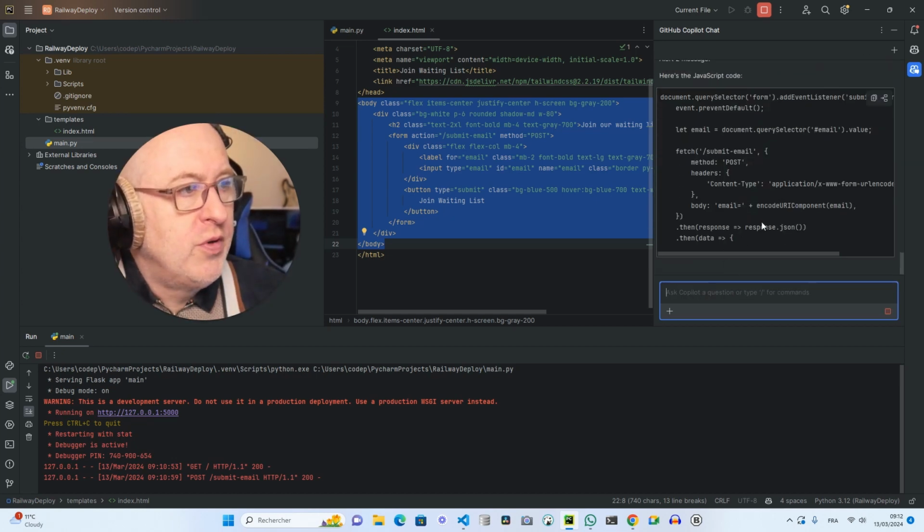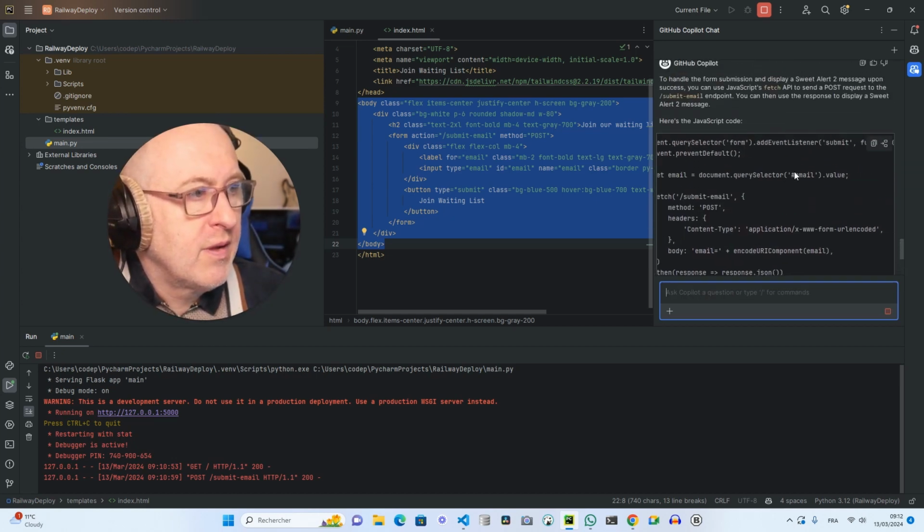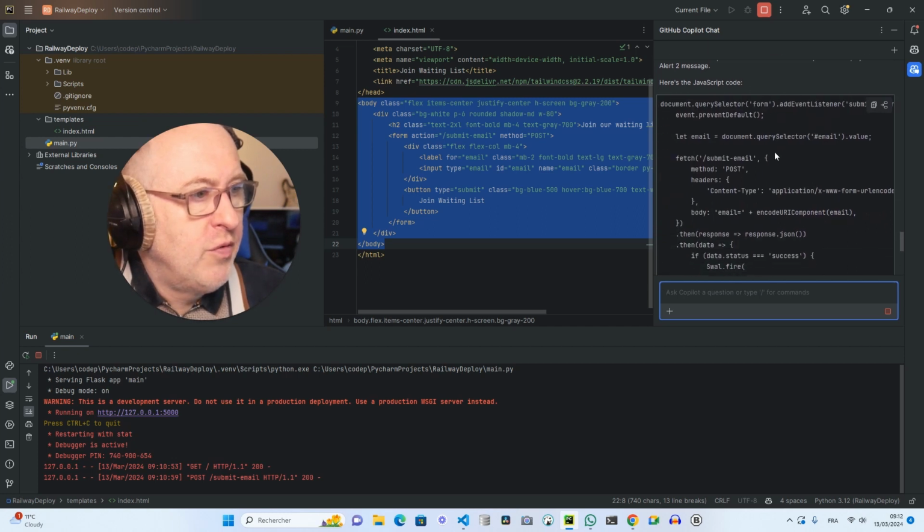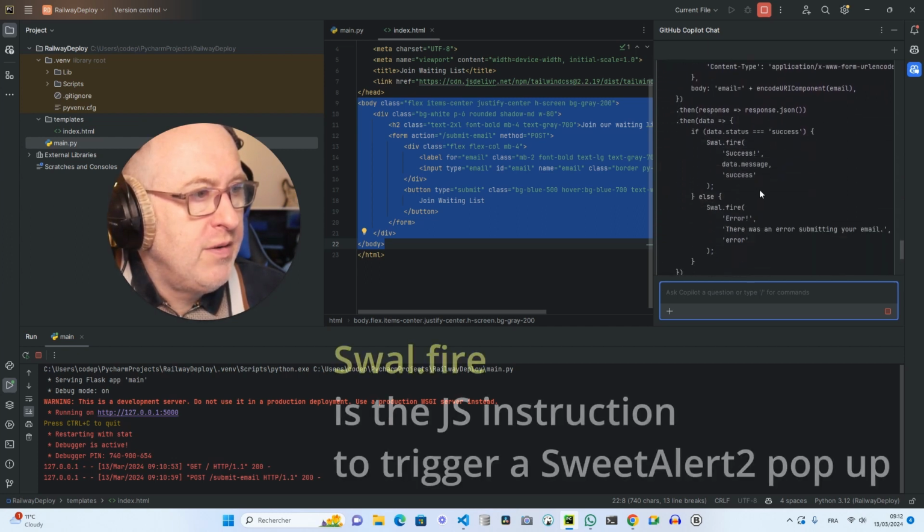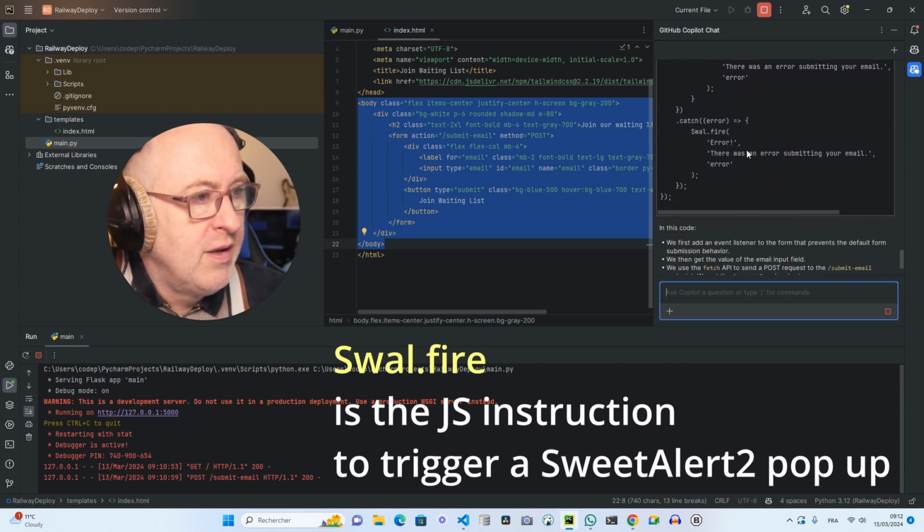It will listen to the submit event from the form, and then as you can see here, that's swal fire, error, or success, depending on the